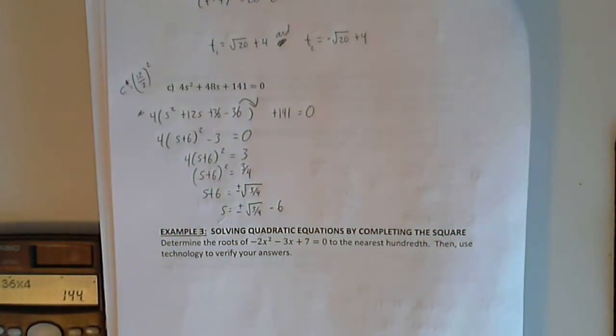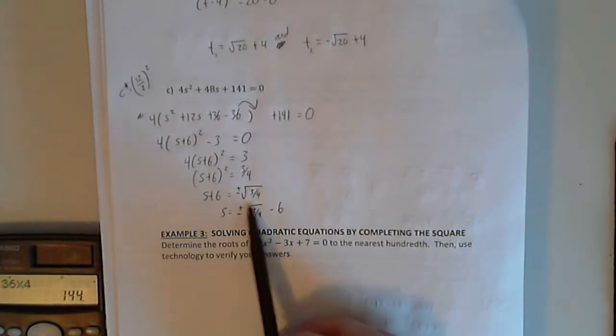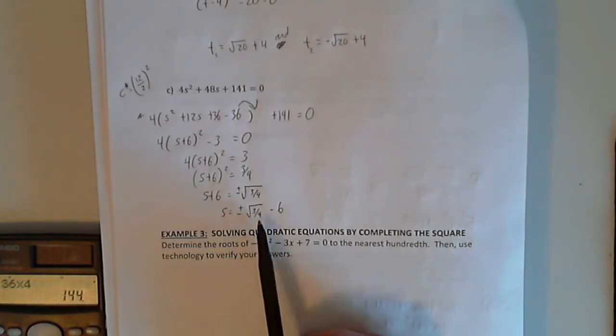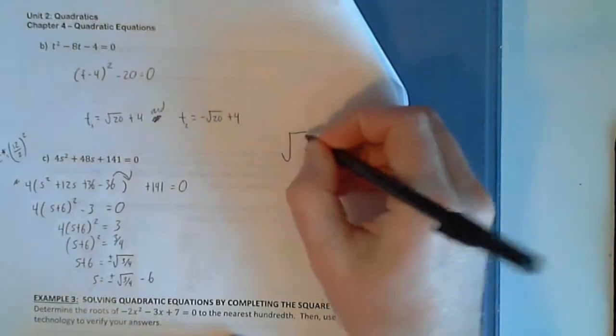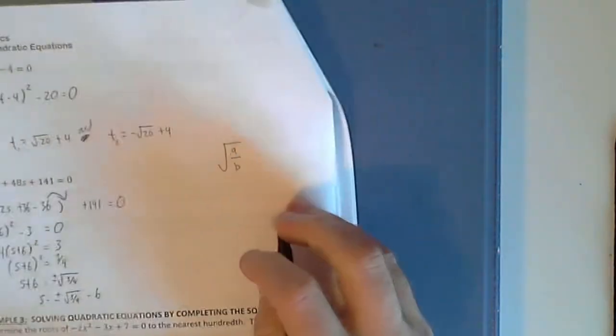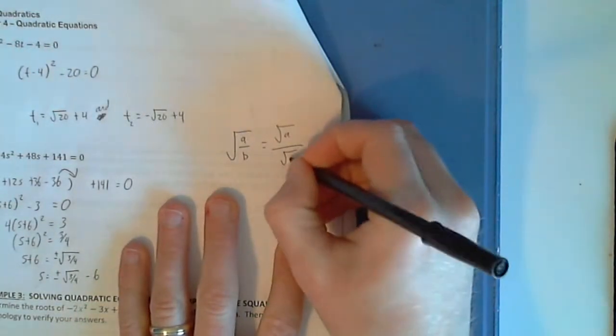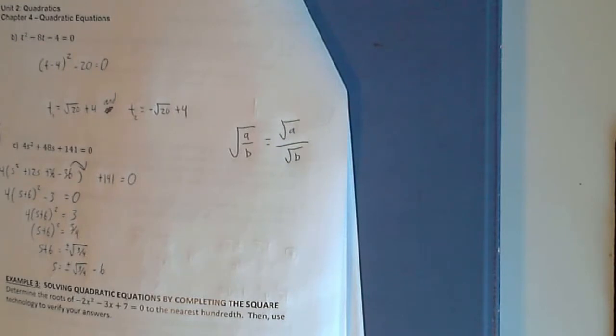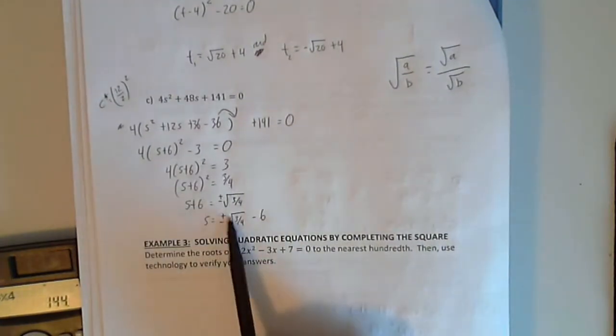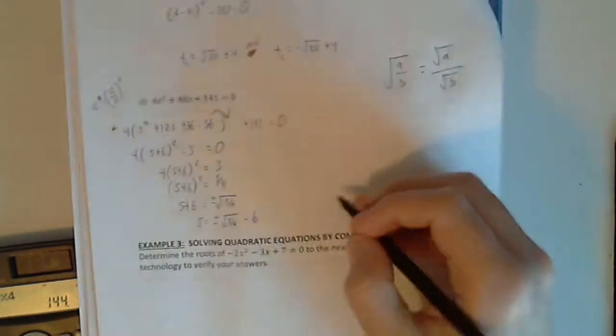Good. And then we write our answers. Oh, they simplified this a little bit. So you look to see if you can tidy up the square root at all. And the square root of a number, in case you forget, if you have, say, square root of a over b, it looks like it's going to be impossible to tidy up, but it actually simplifies down to just square root of a all over square root of b. So if either number can actually simplify, then you can simplify the whole thing a little bit at least. So you can't take the square root of 3, that's going to turn into a really ugly irrational number, but you can take the square root of 4. So we're going to actually break this down